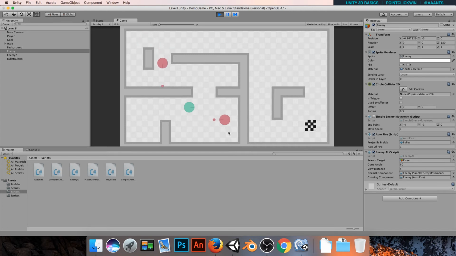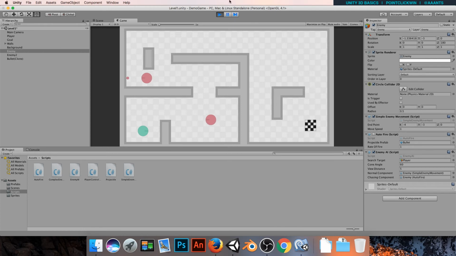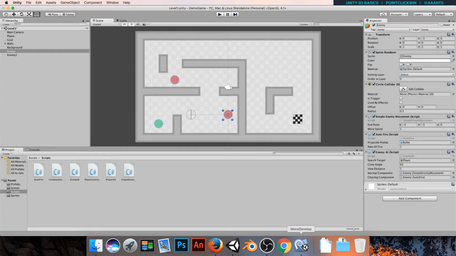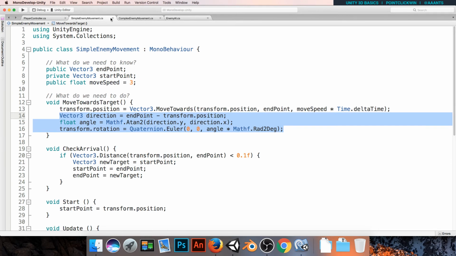And we've done that before, we've done that 3 times now, using the trigonometry to make an object face the way it's going. We just need to adapt the maths ever so slightly. So back in the script, I'm going to jump to my simple enemy movement. We could grab it from the complex one, I'm going to copy those 3 lines of code that we used to make it face where it was going,